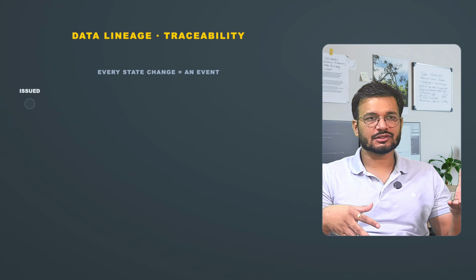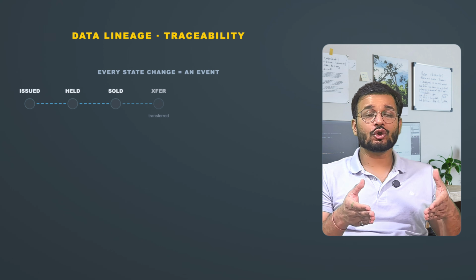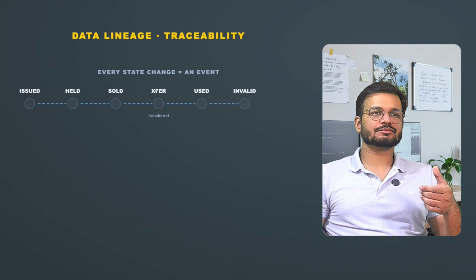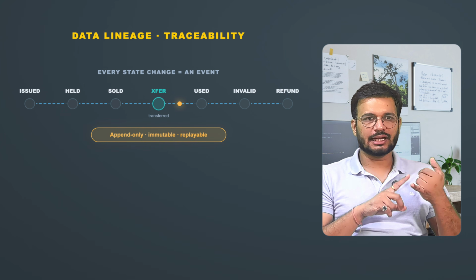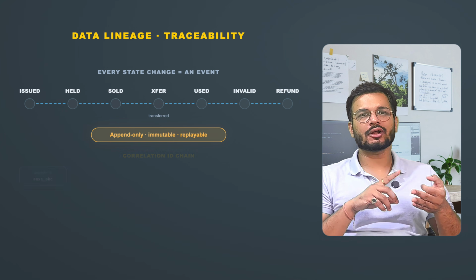So ticketing has significant fraud and dispute resolutions that are needed. For example, I bought this ticket, but it showed invalid at the gate. What if I transferred my ticket, but the recipient says it never received it? Or if I was in the queue for 3 hours and I got kicked out without being admitted. For each of these, we need a full event log so that the person can say whether it is valid or not. So every state change for a ticket is an event. It can be issued, held, sold, transferred, used, invalidated, or refunded.